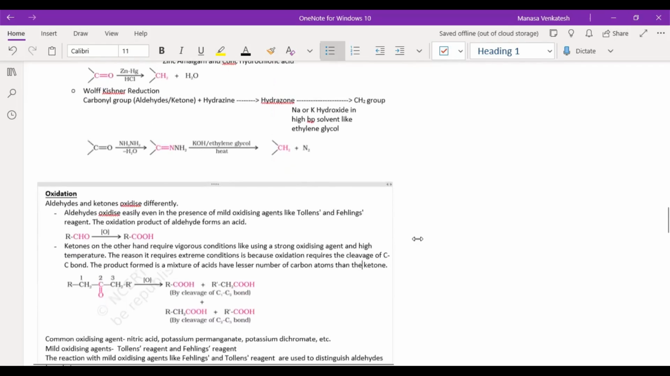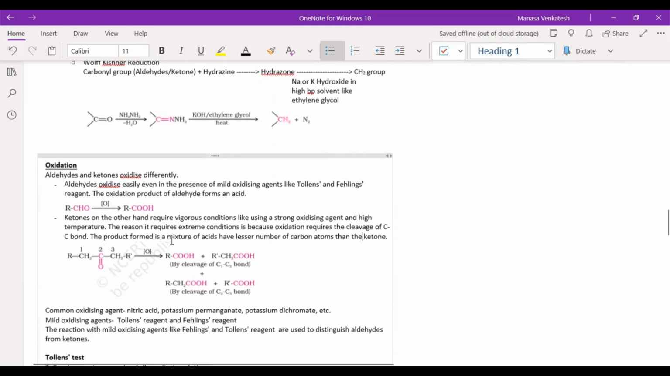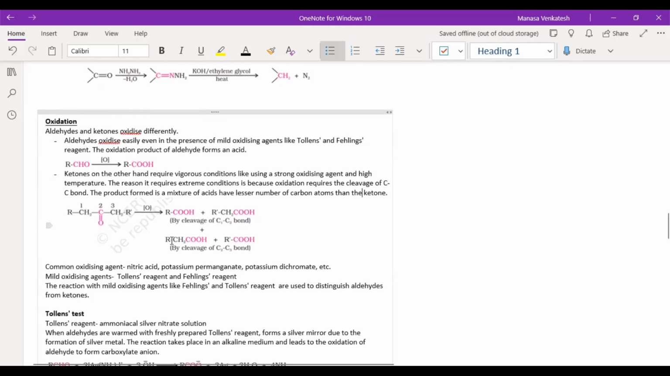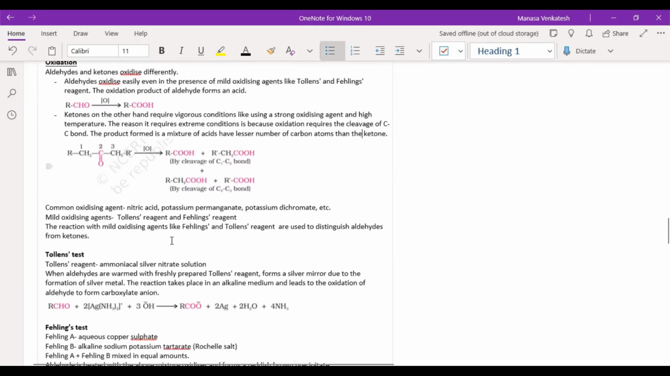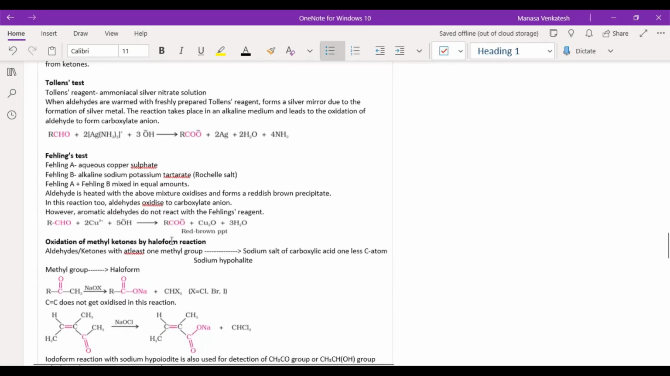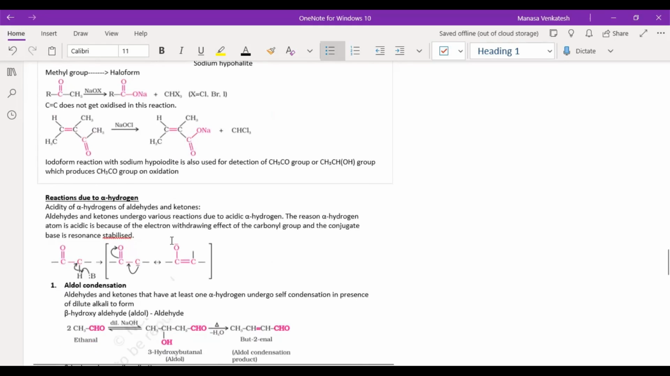And then we moved on to study oxidation. The reason these two oxidize to various extents is that in the case of ketones, you have breakage of the carbon-carbon bond, and that's not the case in aldehydes. So aldehydes will get oxidized in the presence of mild oxidizing agents, and that is a way for us to identify the presence of an aldehyde or a ketone. So we can say, okay, this particular carbonyl compound consists of an aldehyde or a ketone, and that's actually quite helpful. Next, we studied the oxidation of methyl ketones by haloform reactions,